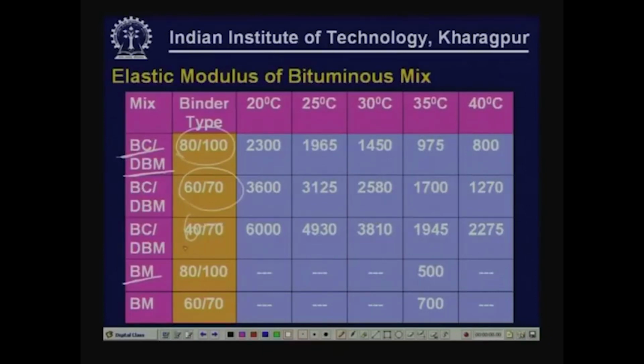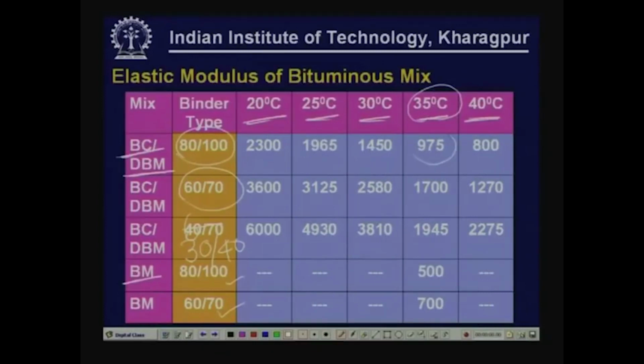Sorry, this is in fact 30-40, and then for BM 80-100 and for BM 60-70 also. So for some of these combinations modulus values are available, and they are available for different values of temperature. These are pavement temperatures, average annual pavement temperatures. So for the typical or standard temperature of 35 degrees that we are considering for India,